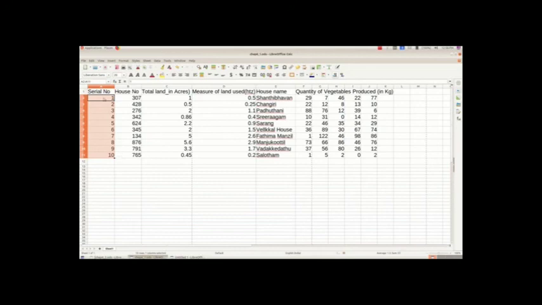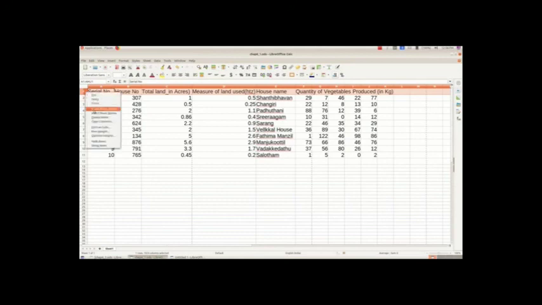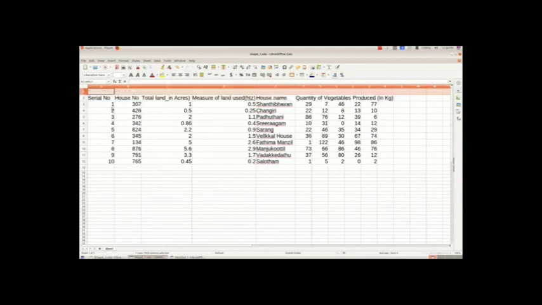And now we will see how we can insert a row. We want a row before 1 and we want a row after 1. So we have selected the first row, right click. Here also we have insert rows above, insert rows below. First we will insert a row above. So we are selecting insert row above, and now the first heading has changed to second row.